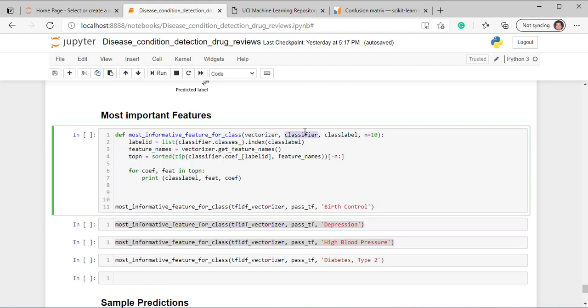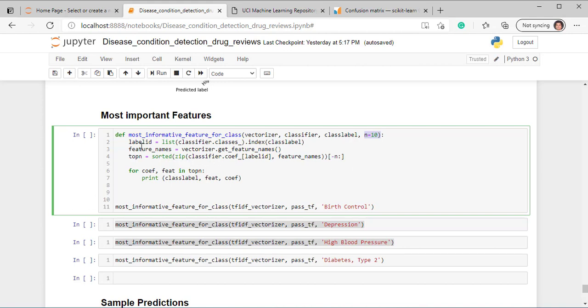The classifier name, the class label, for example, birth control, high blood pressure and so on. And then we have passed n equal to 10, which means how many features you want to see. We want to see the top 10 features, so we have passed n equal to 10.